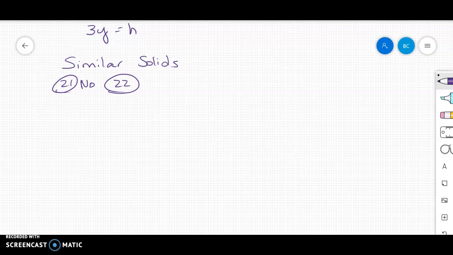Problem number 22, I'm going to do the radius and the height. Compare those two measurements. So in my small figure, my radius is 9, my height is 12, and then in the large figure, my radius is 15, and my height is 20. And really, I probably